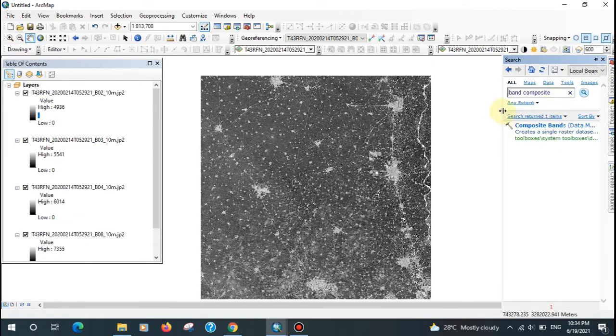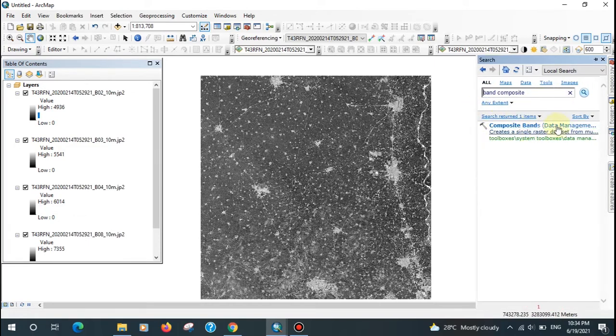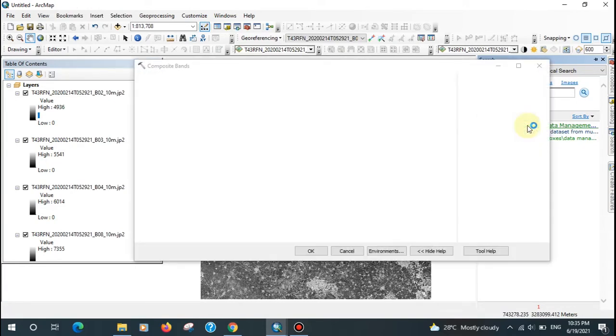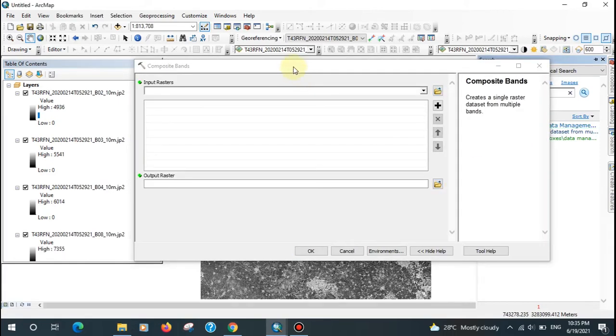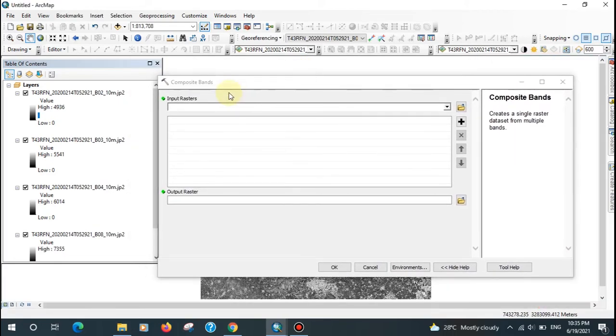Here is the band composite tool in data management. Click here, so now the composite band tool is open.